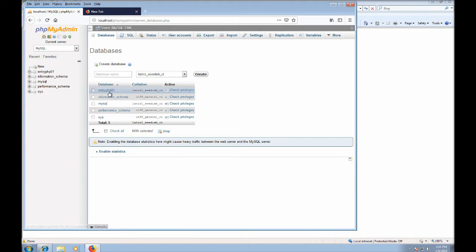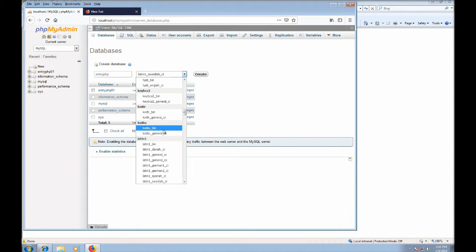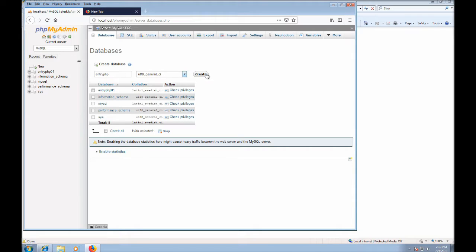and you'll notice that I've already created a database here called entryphp01, but I'm going to create a different one called simply entryphp, because I want you to see this. Right here it says Latin 1 Swedish CI. That's the default setting for PHPMyAdmin. What you really want is UTF-8 General CI. So we go create,